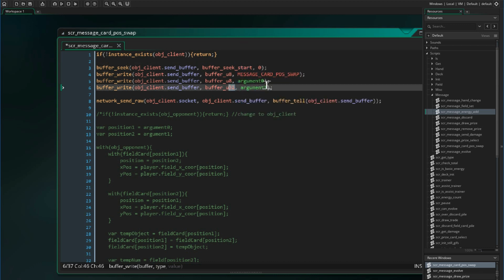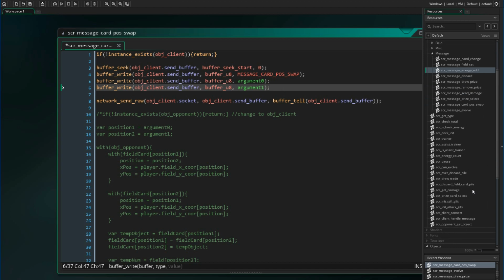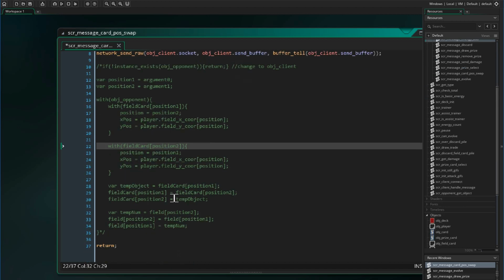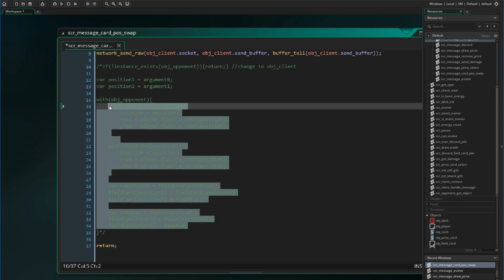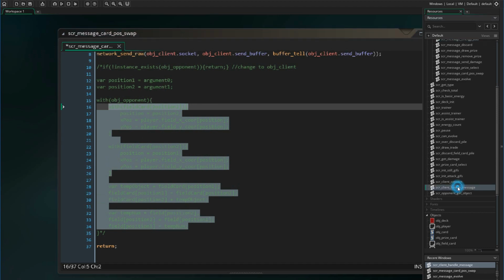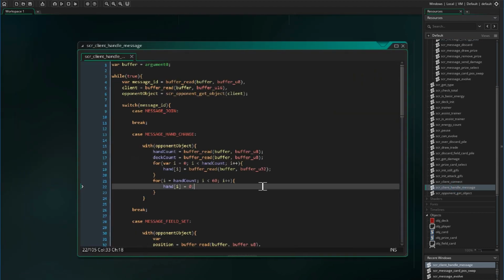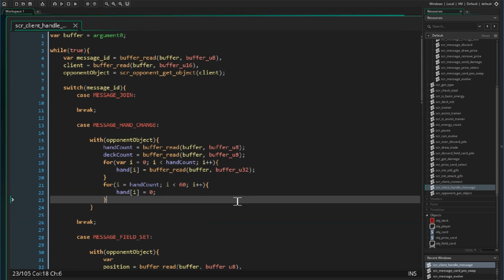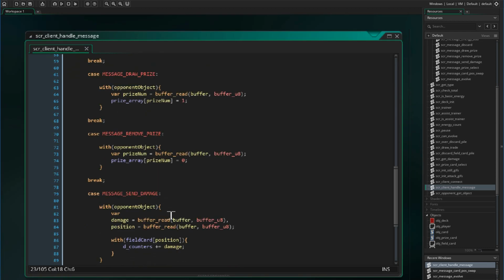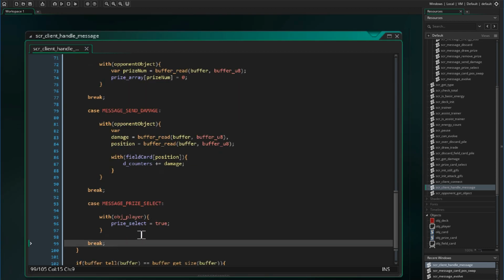And both of the buffer sizes will be U8, and then we'll send that off to the server. Now, when we receive it, we're going to compute all of this code. So now if we go to the client handle message script call and create a case for this message,